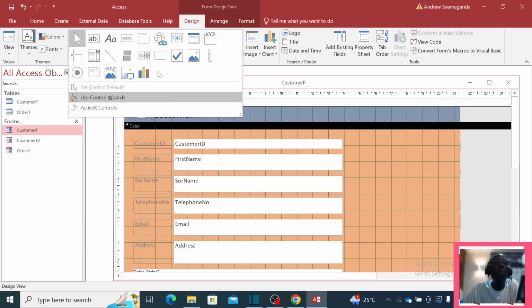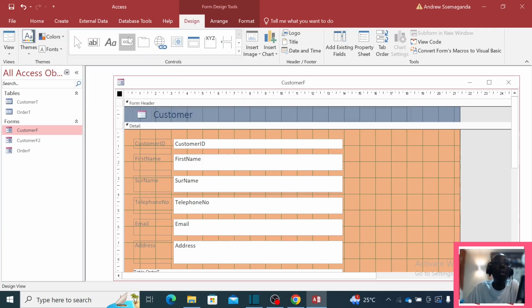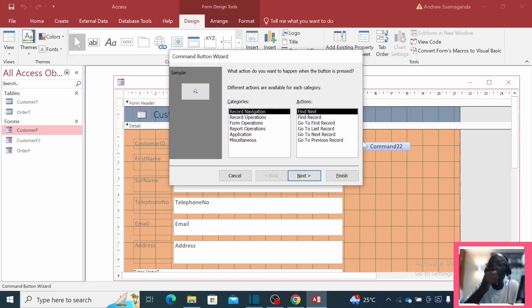For example, if I add this button here, click on it, I come and drop it here. Access is very smart. It will ask you, what do you want this button to do? I want this button to do what we call record navigation, that I want it to take me to the next record. So I've clicked here. You can as well say find a record, go to the first record, go to the last record, go to next record,